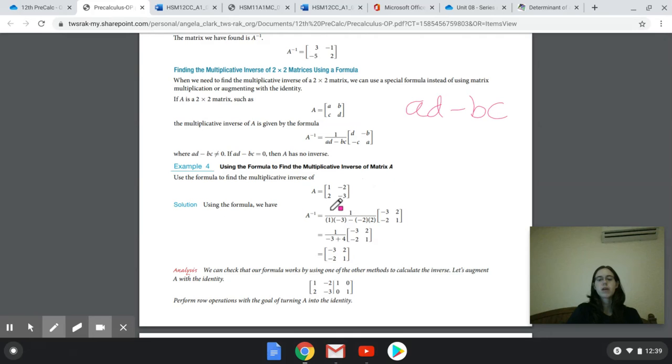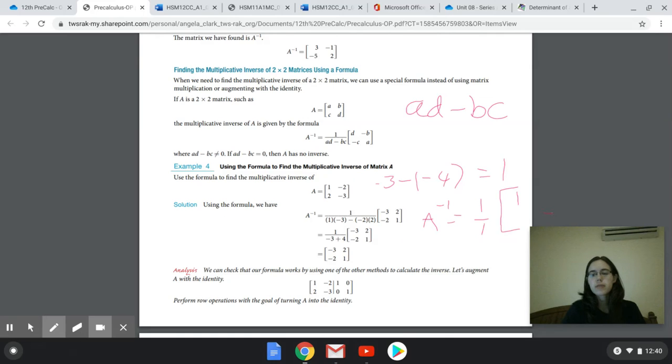So in this example, our determinant is going to be 1 times -3, which is -3, minus -2 times 2, which is -4, so minus -4. So -3 minus -4 is 1. So our determinant is 1. So to find our inverse, we are going to multiply by 1 over 1, which is just 1, but I want to make sure we're remembering that it's 1 over the determinant, times